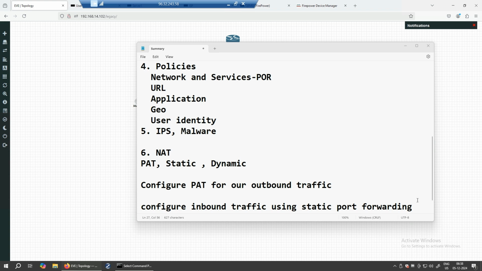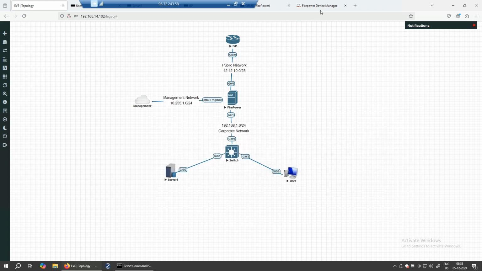And today we are going to use one of the servers to be the one that will forward the port to. So when anybody connects to the public IP address coming with a specific port, it is going to talk to that server which we've allowed that port to communicate to. So we are going to create one outbound traffic and one inbound traffic using static NAT port forwarding and using PAT. Okay, so now let's go to our